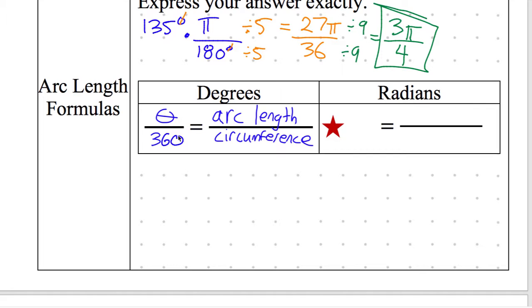That was our old formula. That's the formula when we are in degrees. Now we're in radians, so now we have a new formula, and it's even easier. Now we just have theta on the left, no dividing by 360. Theta is equal to arc length